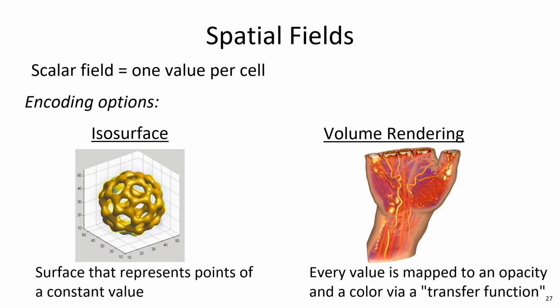Volume rendering, on the other hand, is I'm going to show everything all at once. So instead of trying to have a surface, I just say everything can show through, and we'll use a certain amount of opacity. They'll be semi-transparent pixels, if you will. So every bit of that knee or whatever I'm looking at is shown, but the further back it is, the further away into the screen it is, the more